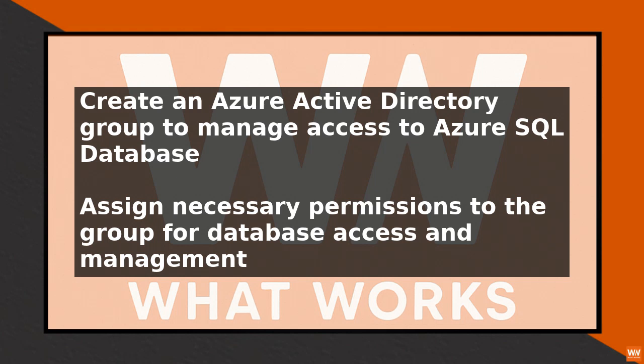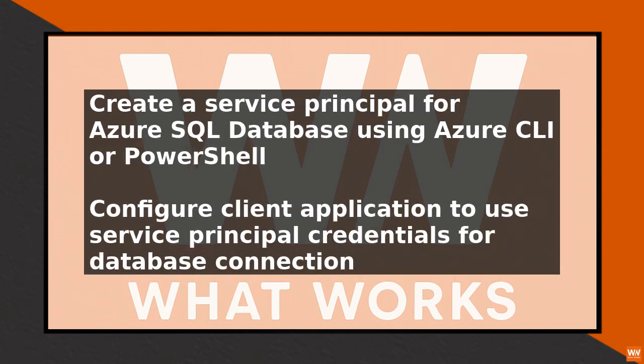After creating the service principal, configure the client application to use the service principal credentials to connect to the Azure SQL database. This involves installing the Microsoft Authentication library and importing the necessary namespaces. When connecting to the Azure SQL database, use the Active Directory authentication method. You can do this by specifying the authentication method in your connection string or by using the Microsoft Authentication library